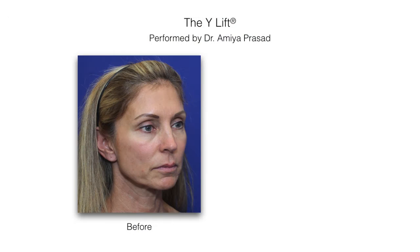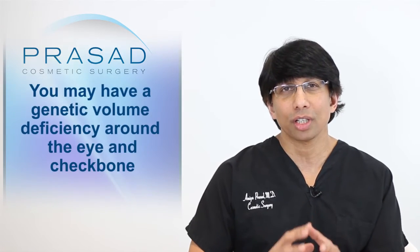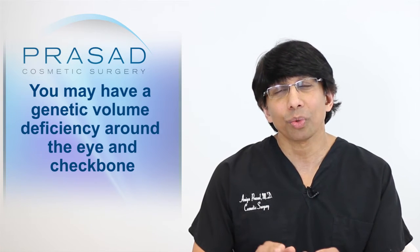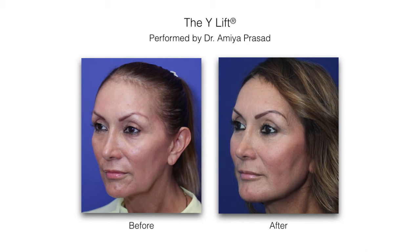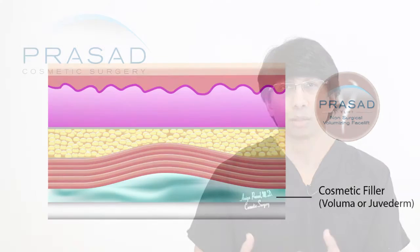So in our practice, we do something called structural volumizing, and I think this is very much in line with your concerns, because what you're describing is essentially a genetic volume deficiency of an area around the eye and around the cheekbone. What differentiates structural volumizing from traditional filling is that we're placing the filler at the bone level. And it's done in what I feel is a very elegant approach, using different methods that minimize bruising, swelling,